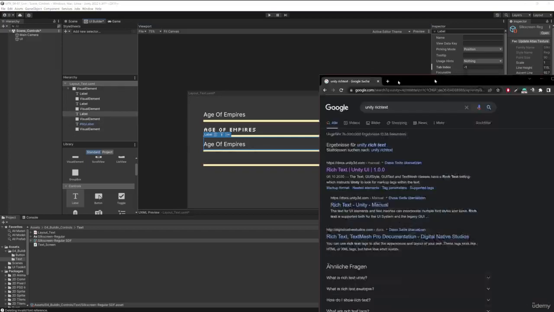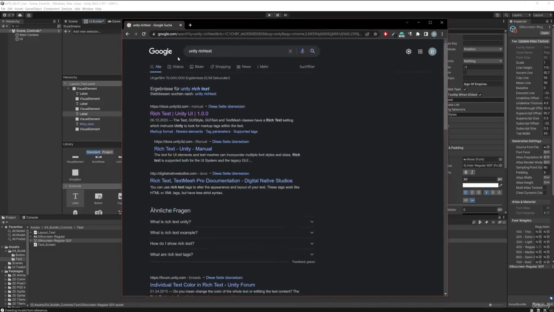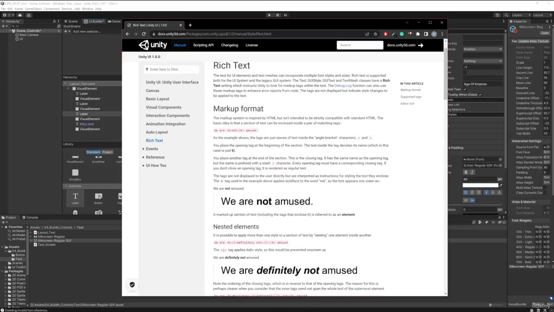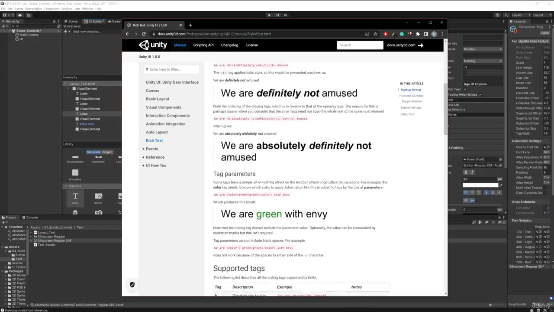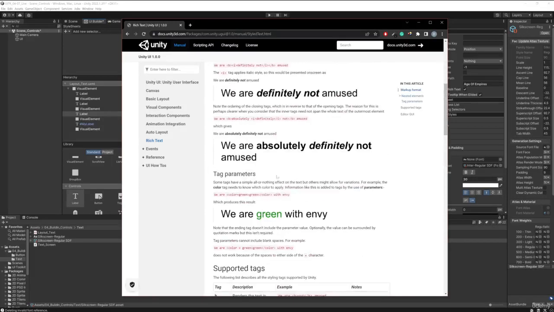So when we open a web browser here and search for Unity rich text on Google, you get this result here for rich text, and you can check what kind of tags you can set. Again, for HTML people, some of those options will be pretty familiar. Now you cannot use